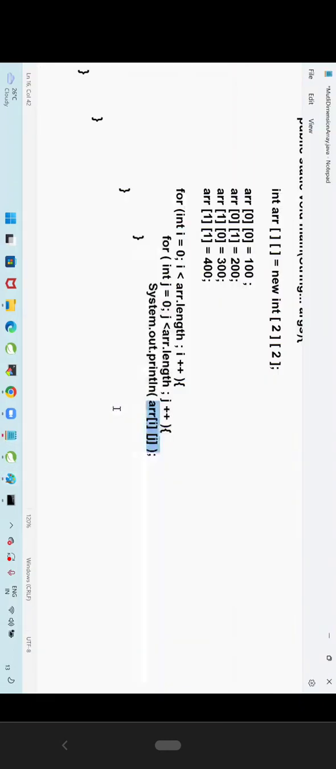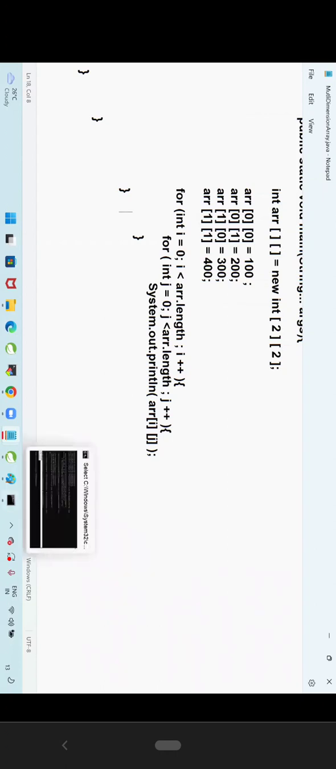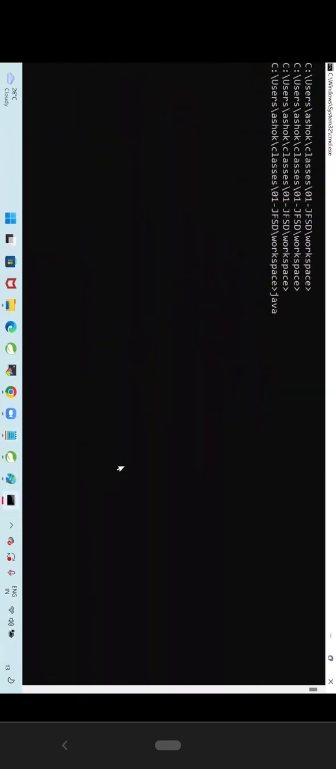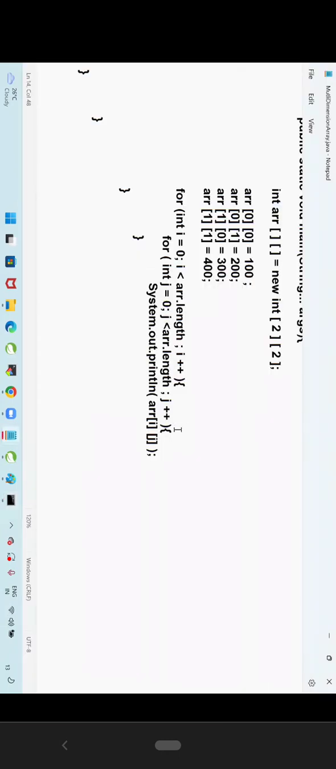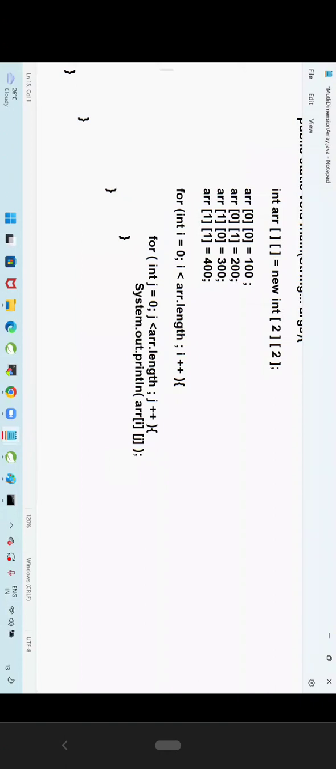So, you cannot retrieve all the elements of a multi-dimensional array with one loop. Definitely you need to go for a nested loop only. Perfect. Save this program. Java C, that class name, then Java space class. Am I able to get all the elements of the multi-dimensional array? Yes. We are able to access all the elements of a multi-dimensional array by using